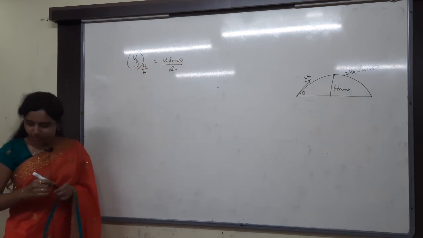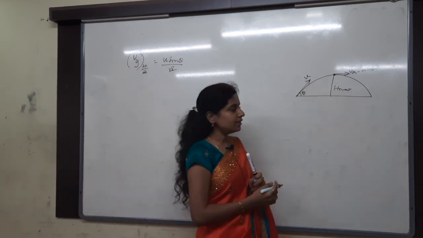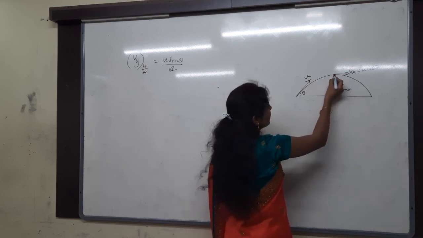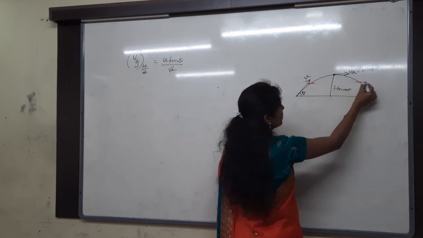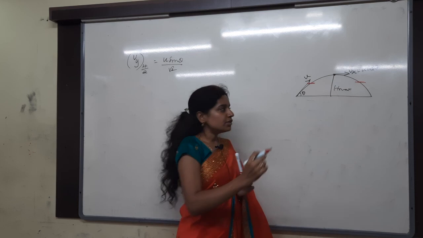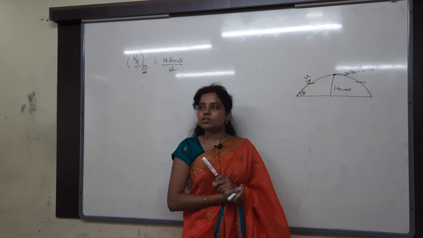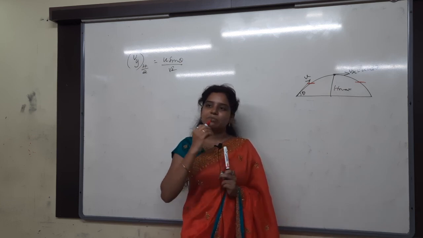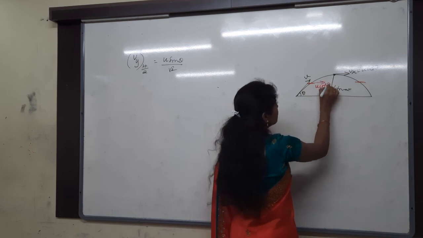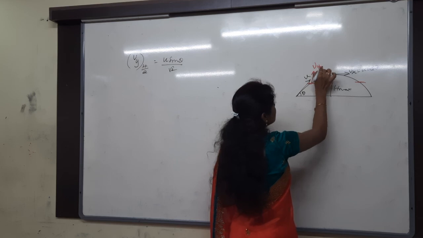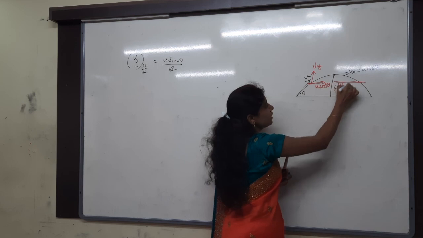Let me do that. Here we are projecting into the air with what speed? U speed. Then at half of the maximum height, let me take this as the maximum height. So half of the maximum height will be there, here and here, in both stages. So what is the velocity here? The X component of velocity is U cos theta. Anywhere in the projectile, the horizontal component is U cos theta only, but the vertical component changes. How much is Vy? Vy at half of the maximum height, at h by 2.